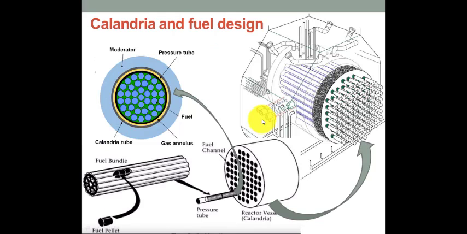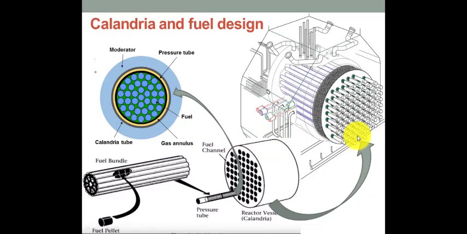Let's discuss the calandria and fuel design in more detail. In a conventional design with a pressurized core, refueling the system requires the core to be shut down and the pressure vessel to be opened. Due to the arrangement used in CANDU, only a single tube being refueled needs to be depressurized. This allows the CANDU system to be continuously refueled without shutting down. In the modern system, two robotic machines which are attached to the reactor are used for the refueling of the system.